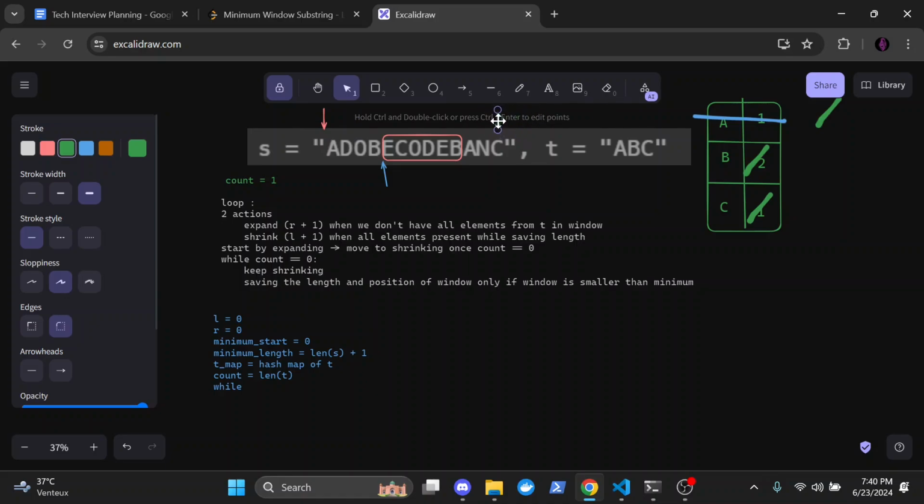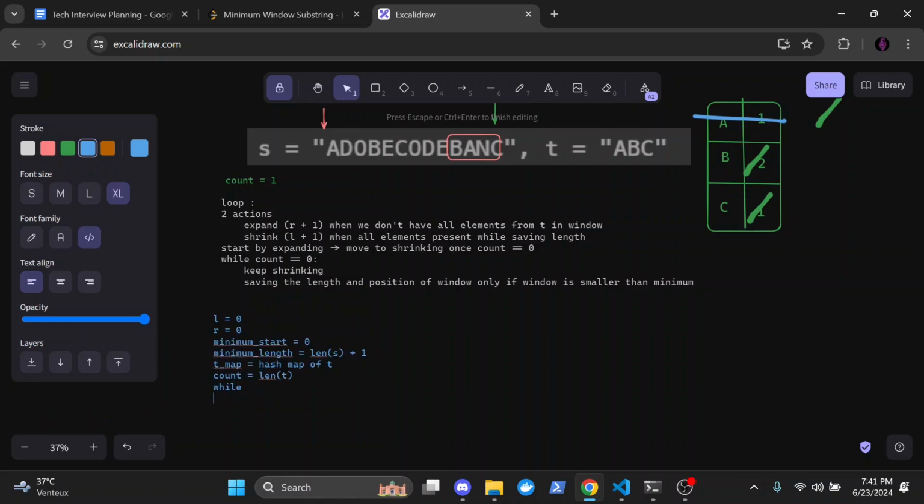Once we have found this and we found this one, we don't want to keep going beyond that. So the element that we need to control is the right one, so that it doesn't go beyond the limits of our string. So while right is smaller than length of s,